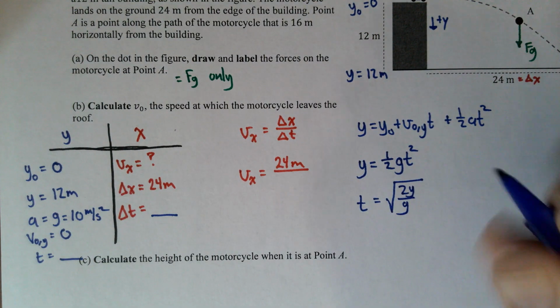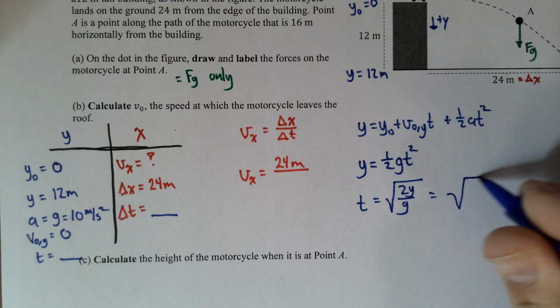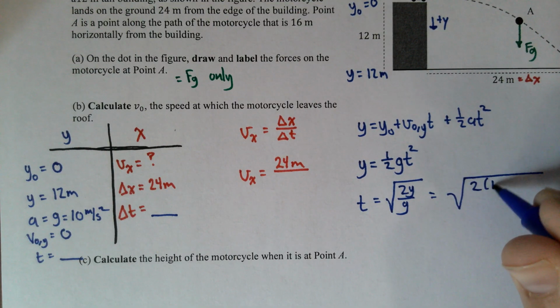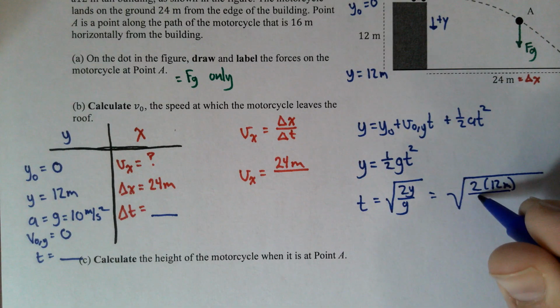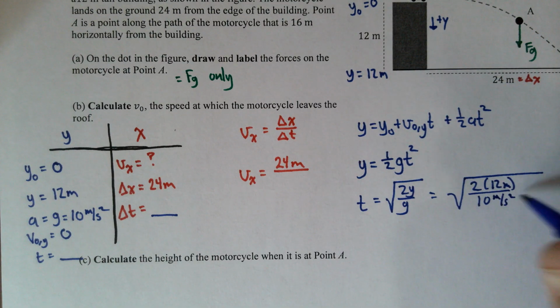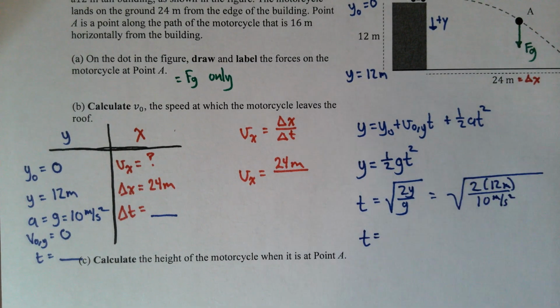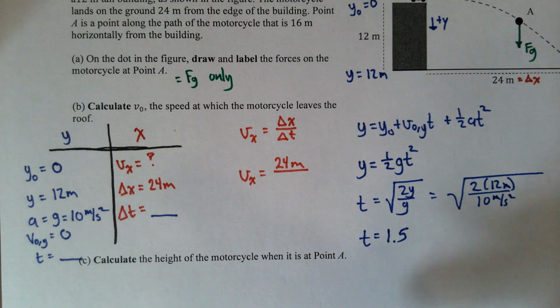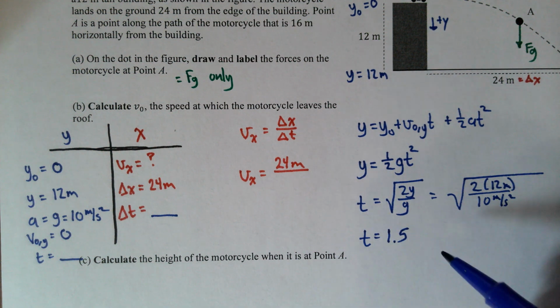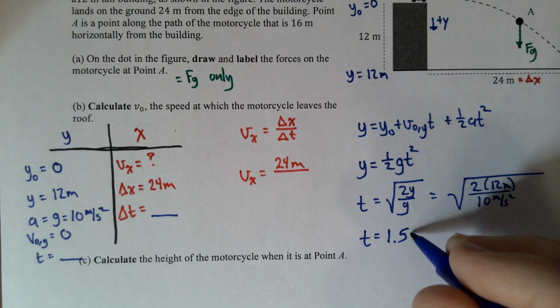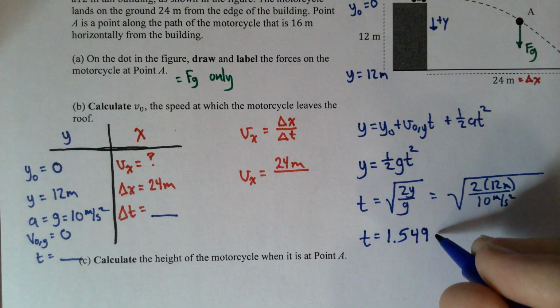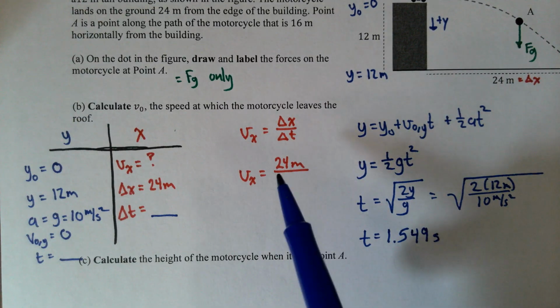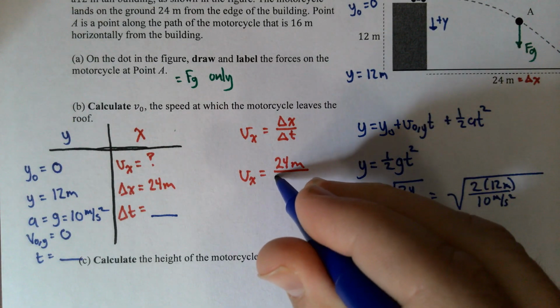There is our time. And so I'm going to plug in the numbers here. 2 times 12 meters is y, over 10 meters per second squared. And then crunch the numbers on that, and you get 1.5 something. A really important pro tip is don't round off all that stuff too soon. So I'm going to leave a few extra digits past that 1.5, because when I put that number in over here, last step here,